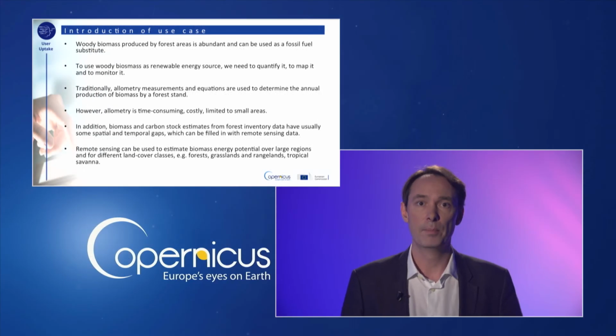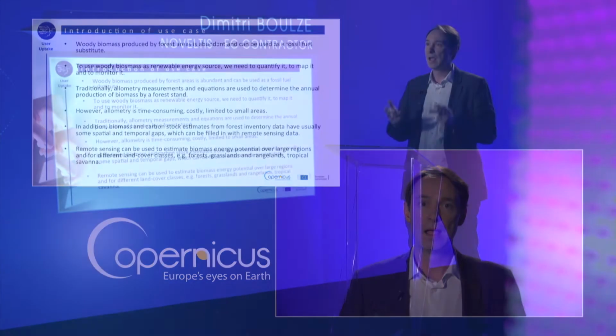In addition, biomass and carbon stocks estimated from forest inventory data have usually some spatial and temporal gaps. These data gaps can be easily filled with aerial photographs and satellite imagery. In parallel to these traditional methods, remote sensing techniques have been developed. In particular, Sentinel images, in combination with the Copernicus Global Land Cover products and meteorological information, can be used in